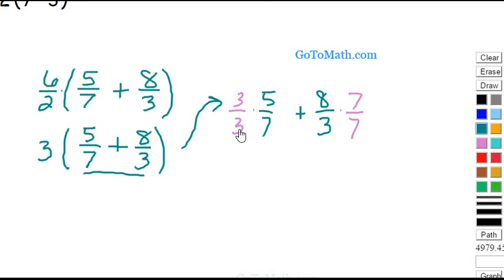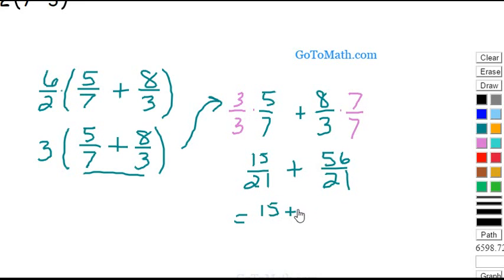Okay. Now we can get a common denominator, and it's not 37. That's 3 times 7, by the way. So we have 3 times 5 is 15 over 3 times 7 is 21, plus 56 over 21. So now what we can do is just go ahead and add the numerators. So we have 15 plus 56 over